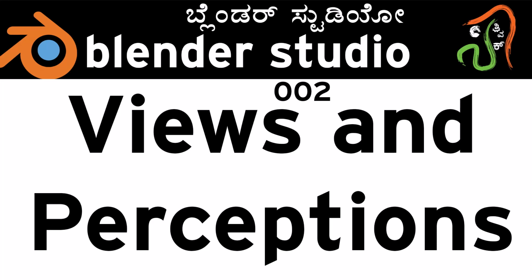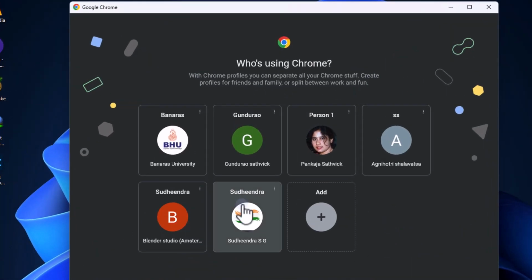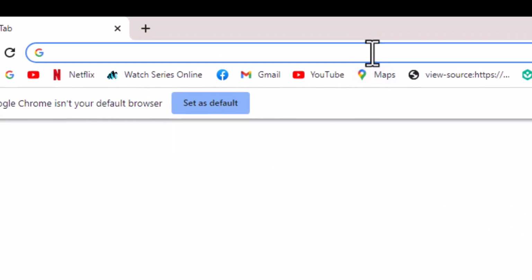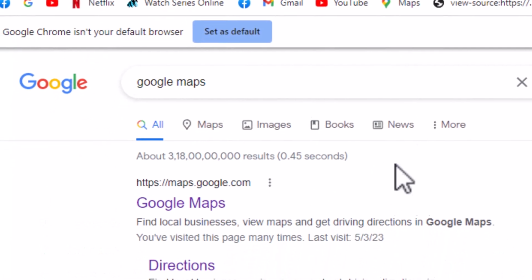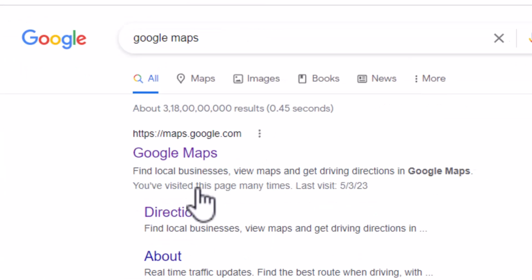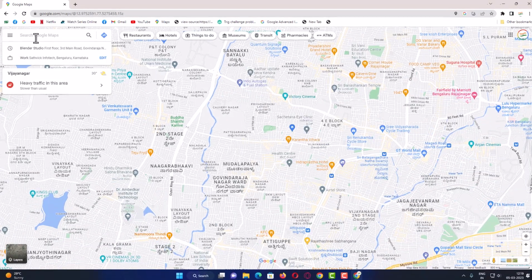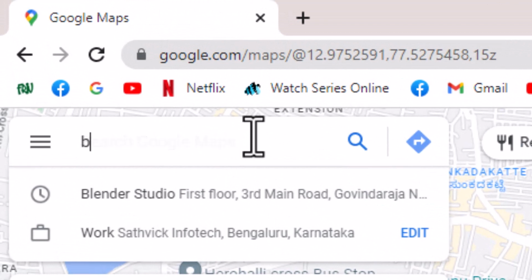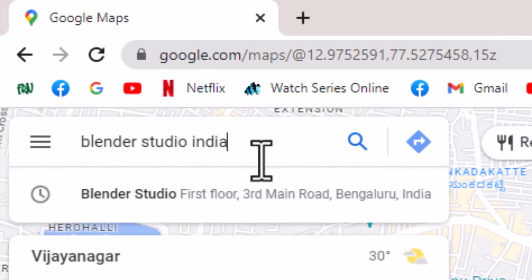Today we are going to discuss views and perceptions. To understand it better, open the browser. I will open Google Chrome, and in the search window type Google Maps. This will come up, and you have the first link, maps.google.com. Click on it and it comes to Google Maps. Now, in the search window here, type Blender Studio India and you are going to